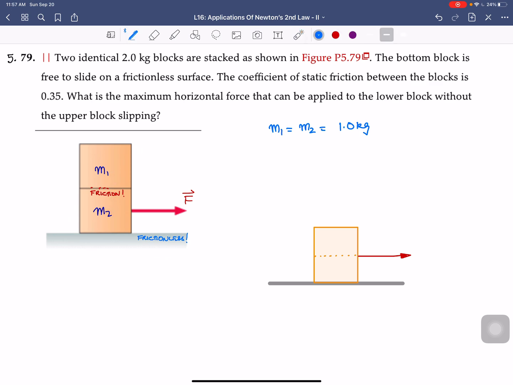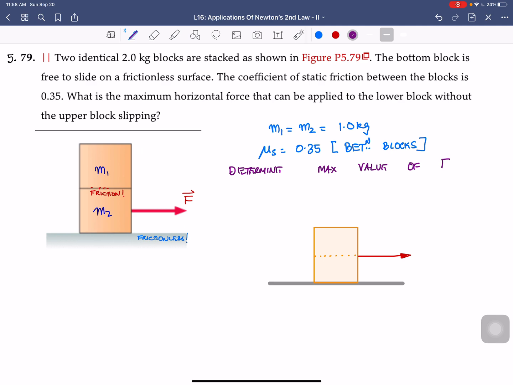So mu sub s is in fact given to be 0.35, the coefficient of static friction between the blocks. And the question here is to determine the maximum value